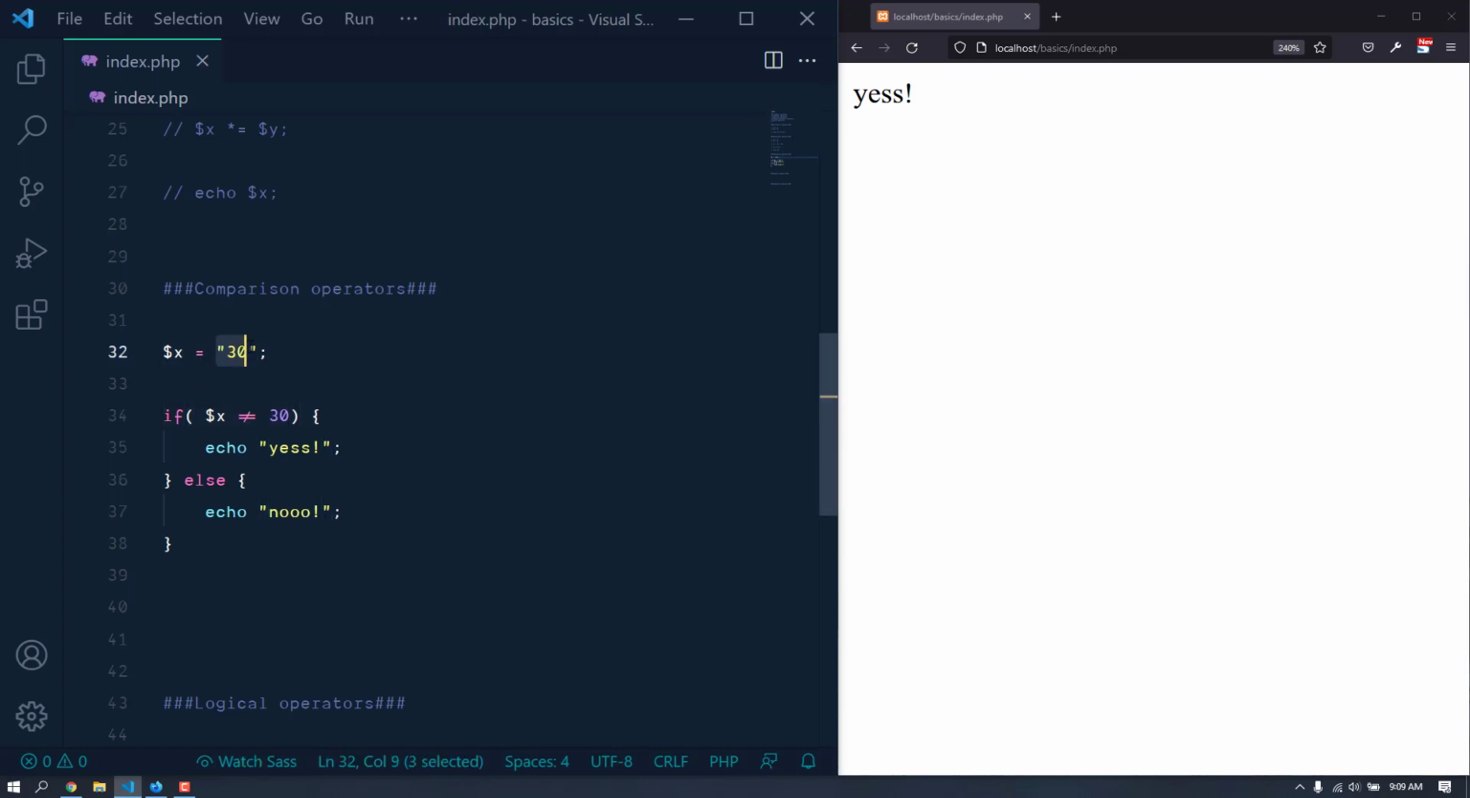Now let's change the value to maybe 20, which is not equal to 30. Now in that case it is going to return this one, because if it is not equal to 30 then it will return true. Okay, see, yes. But if we make the value similar, that means it is going to return false, as it is not equal to. So this is going to return this one, echo no. See,